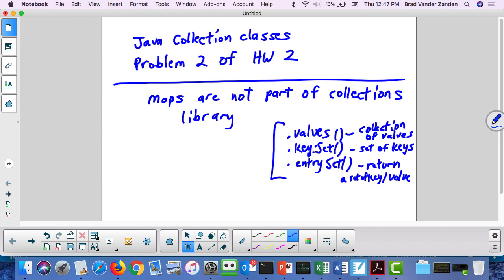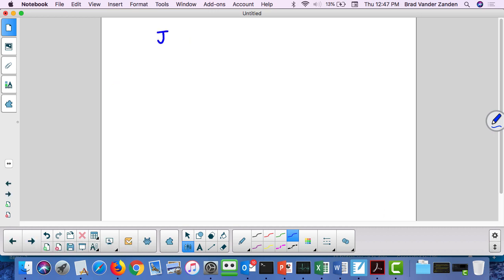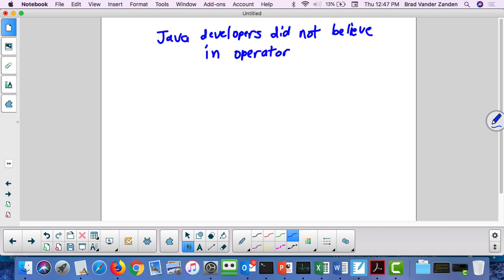Questions about that? Okay. Second thing, the Java developers did not believe in operator overloading. Okay, why is that important? It's important for two reasons. First of all, maps and array lists do not support